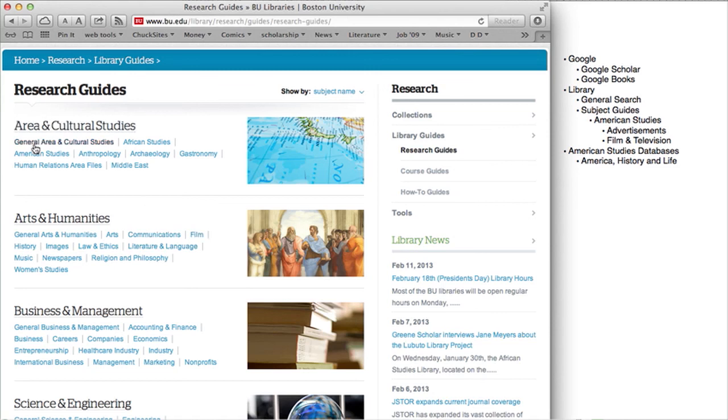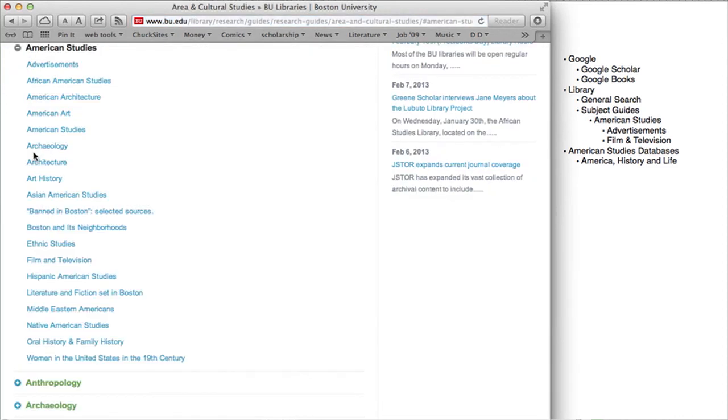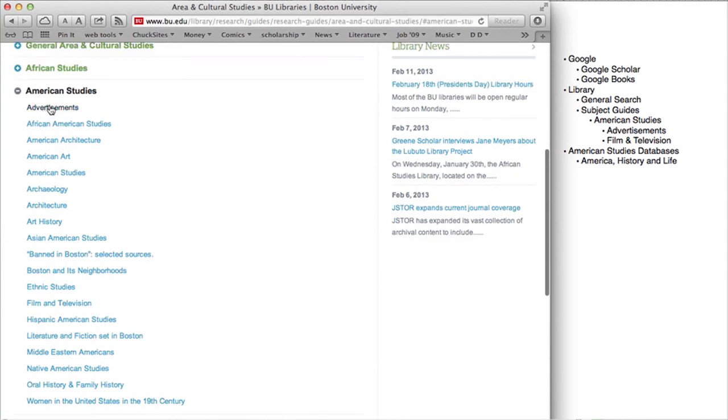Up here in area and cultural studies, another way of defining what we're doing today is American studies. We're studying the history of America and the culture of America. American studies is like history with a lot of culture and society mixed in, so it's a good description for what we're doing. Under American studies, there are a number of different resources that they're pointing out to us. There's a whole section